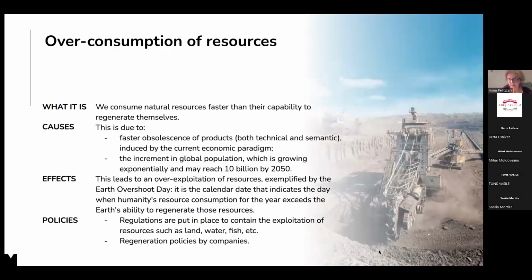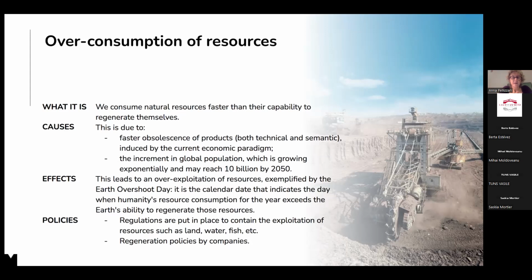Finally, it's not a chart, it's just an overall perspective. It's the overconsumption of resources. And this is very much related to materials. So we consume natural resources faster than their capability to regenerate themselves. Clearly, particularly when it comes to non-renewable resources, there is no way they can regenerate themselves unless with a very long amount of years. But still, the management of these resources that appeared to be infinite until 100 years ago,